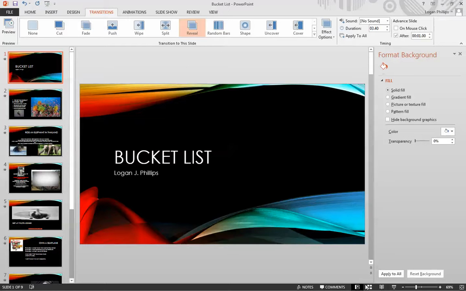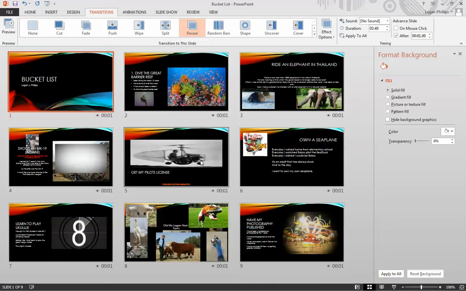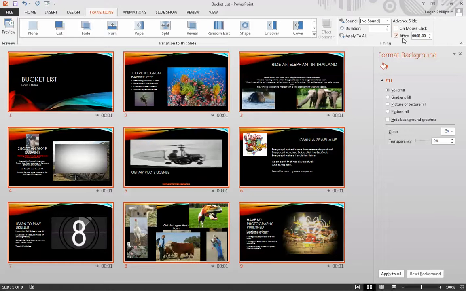So we're going to come down here on your slide sorter button, click on your first slide, hold down your shift, go to your 9th slide. Underneath transitions, we're going to get rid of the on mouse click, and we're going to hit on after. Now this is your timing. That's 1 second. I want these to stay up for a little while so that people can actually read, see,